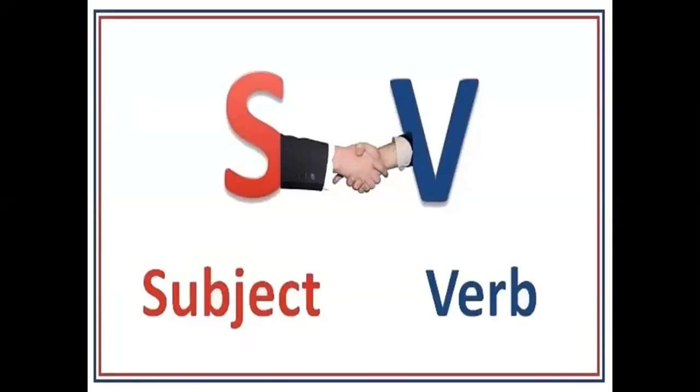S or ES added to a subject, then it is plural. Whereas reverse to a noun is the verb. When you have S or ES on the verb, listen carefully, then that verb is called singular. Understand? When you don't have S or ES on the verb, that verb is plural,